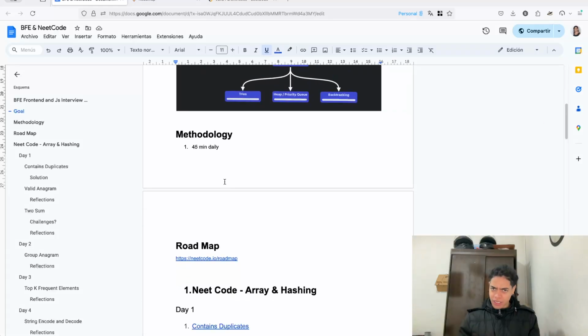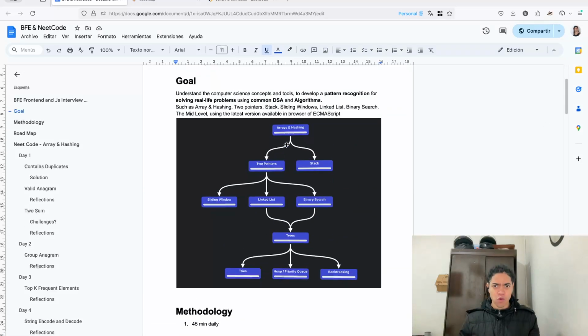By looking at this specific roadmap, you can see how to use these data structures and how they unlock patterns that you're going to use to solve other problems